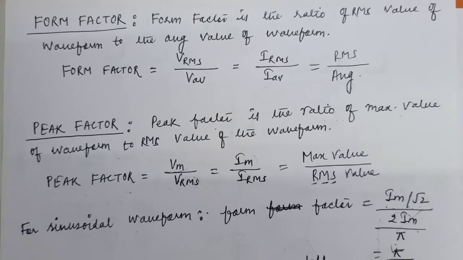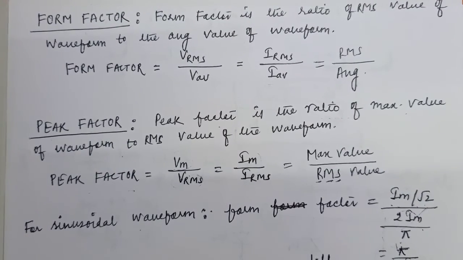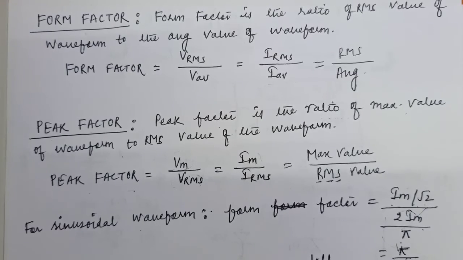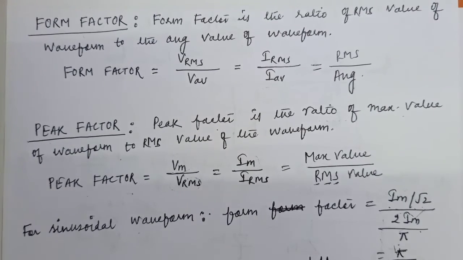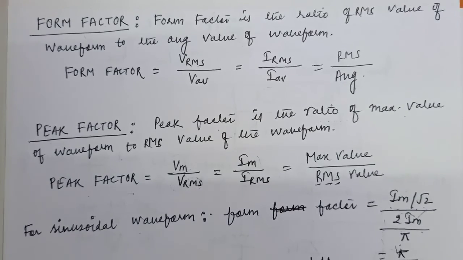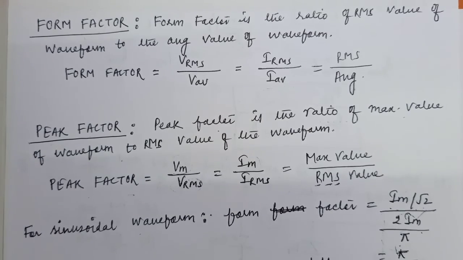Next class will start with a new concept: an AC source across a resistance, an AC source across an inductor, and an AC source across a capacitor, meaning the behavior of resistor, capacitor and inductor in an AC source. If an AC source is connected across these elements, then what will be the behavior, what will be the current, what will be the voltage and what will be the power. All these things we'll discuss in the next class.